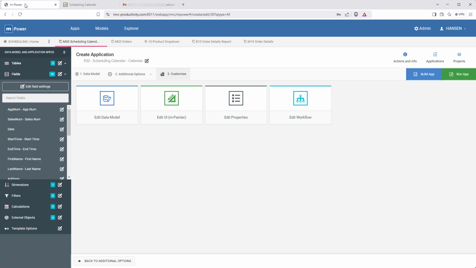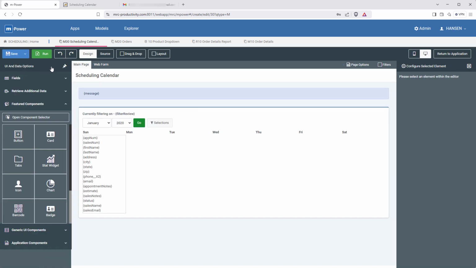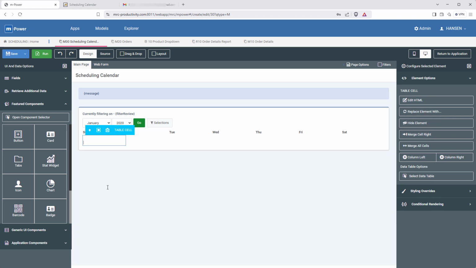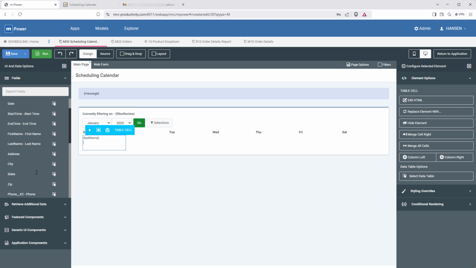And I can do all of that in Empower's visual editor, MPainter. I could do so much here in MPainter, like completely change the layout, import other data, pull in charts, maps, really so much more. For this calendar though, I mainly just want to remove these fields in the calendar entries. So I'll just delete them all here. And once that's done, I just want to put a couple of fields in here. I really only want to display the last name of the prospect and the salesperson's name.